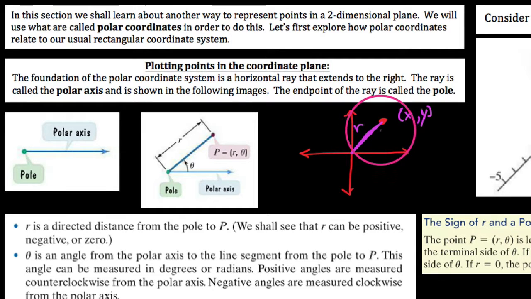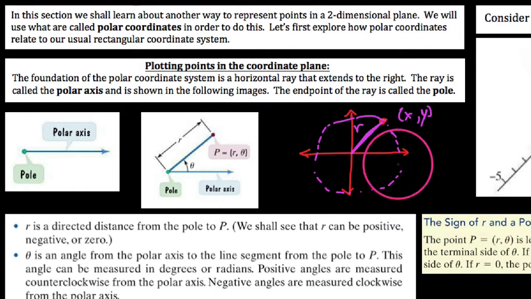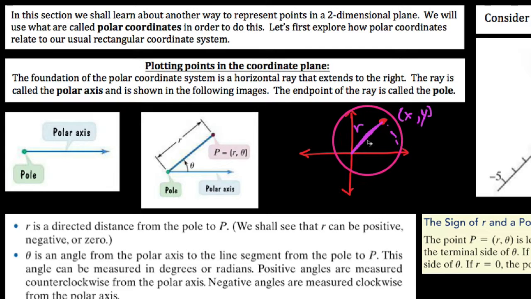Now, would that be enough information for me to tell you how to get to this point right here? Just say that it's this far away from the origin. You could see that if I told you a distance away from the origin, we would be describing maybe a set of points all on the exterior of a circle, but that still on its own wouldn't be enough to tell you where this point would lie. So the other variable that we're going to use to describe where this point lies is going to be this angle right here, theta. And we're going to say angle when it's in standard position, of course,